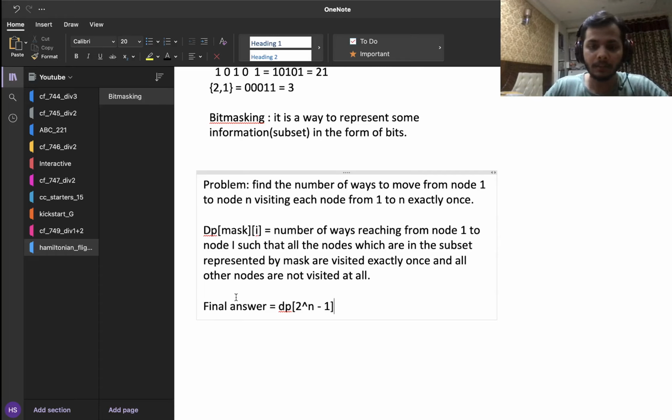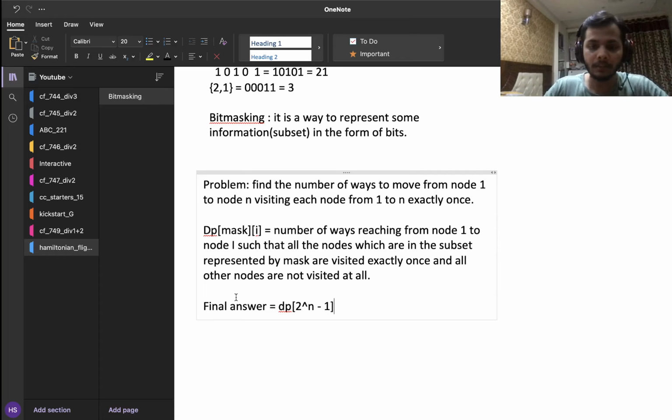So that is one thing, but before doing that, another thing to notice is that if the ith bit in mask is not set, it doesn't make any sense, right? So this point should come above. So before going into the transitions, one other thing to notice is that if the ith bit in mask is not set, this is just another base case, then dp of mask I would be 0, right?